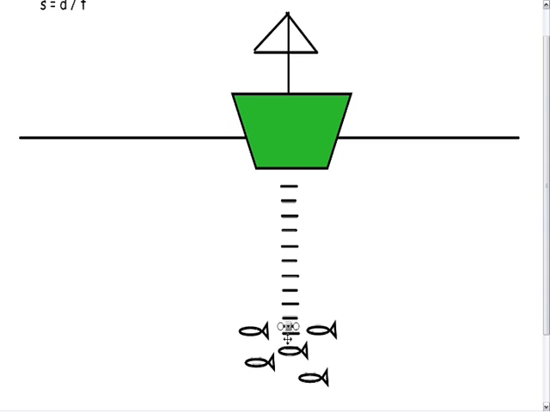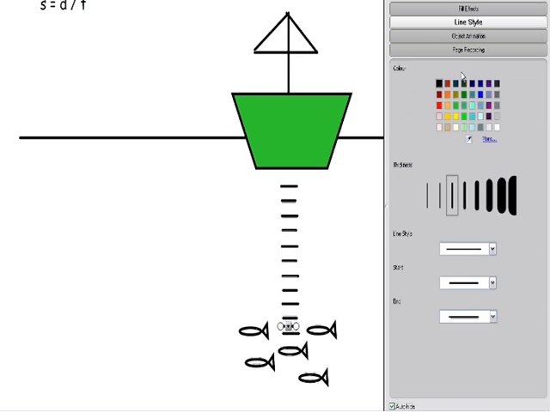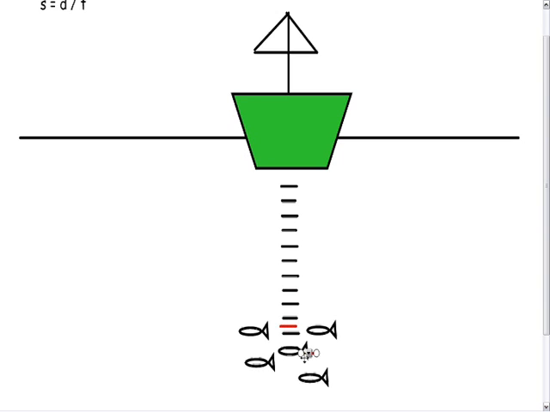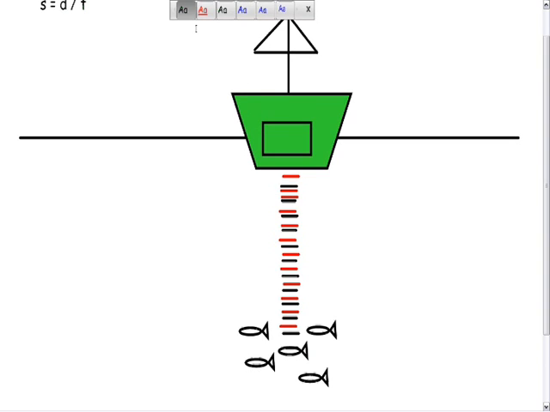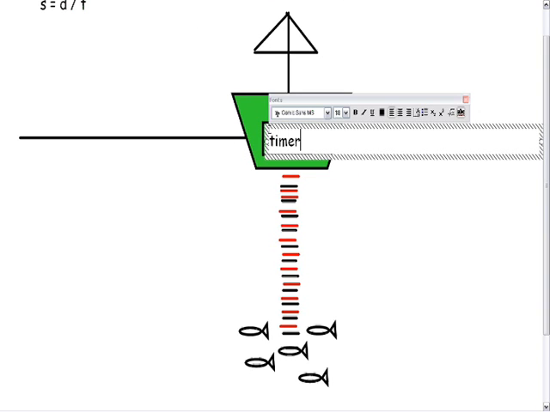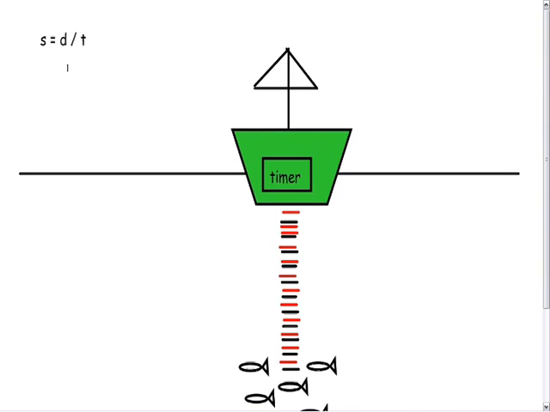So we can see the difference between them. There we go. If we track this wave all the way back up, it travels down, bounces off, and travels all the way back up. Now, if we work on the principle that we know the speed of sound in water, and we are on the boat with some exceptionally complicated equipment timing how long the pulse takes, so we have some form of timer, then we know the time, we know the speed, and we can find the distance that the wave has